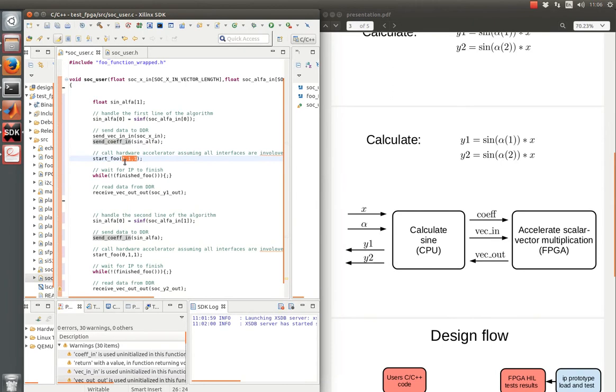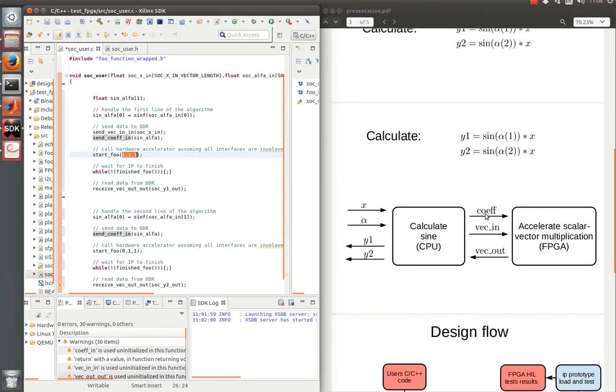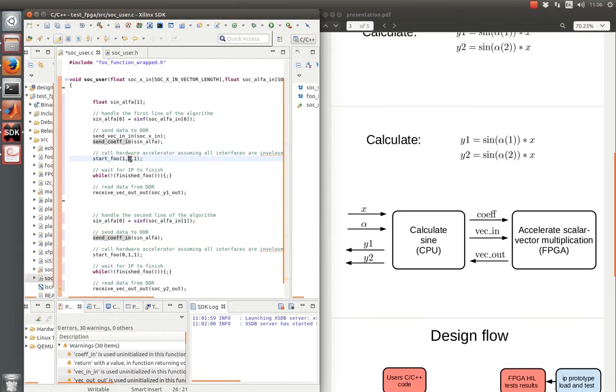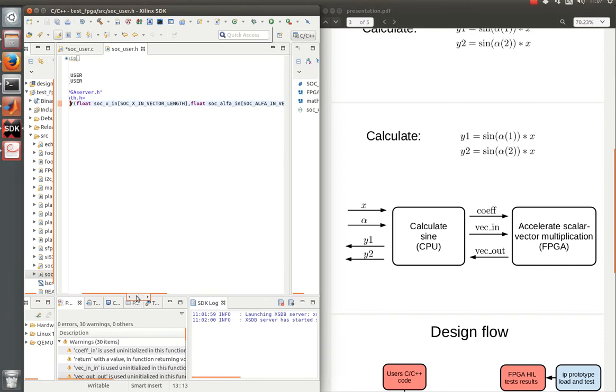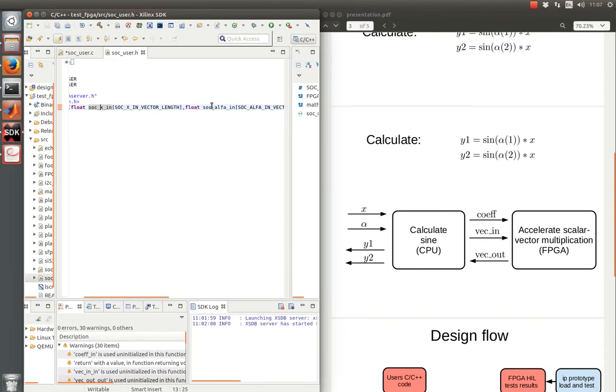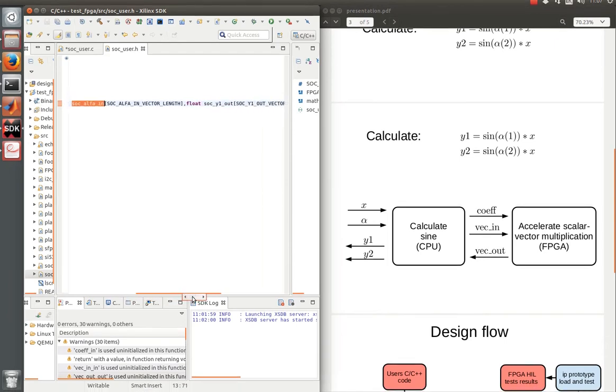So that is why all these three arguments are equal to 1. So in the case when some of the interfaces are not used, we set them equal to 0, and the sequence of interfaces can be found in SoC user.h file. So we have definition of SoC user function, and we see the sequence. So the first one is x in, the second one is alpha in, and